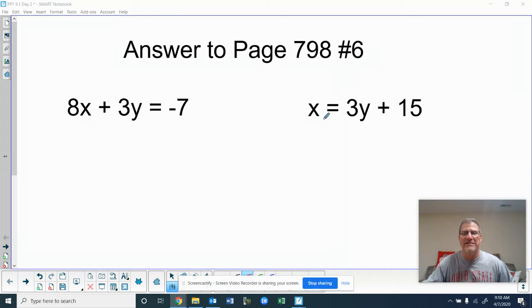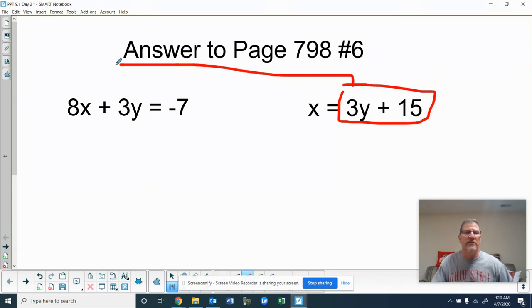So this one already has x alone. Remember, when we do substitution, we want to get one of the variables alone, and I was telling you to get a variable that had no coefficient in front of it. But that first step has already been done for this number 6. X is already by itself. So I'm going to take what x equals, this 3y plus 15,